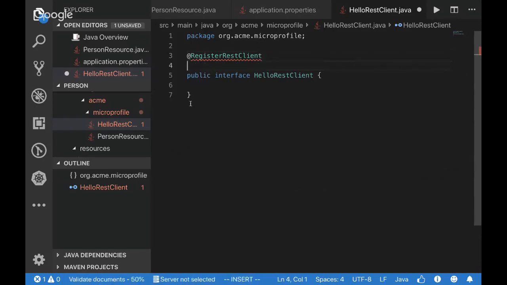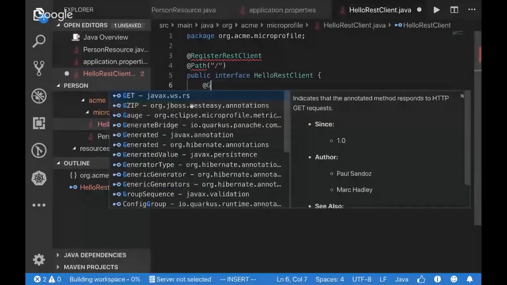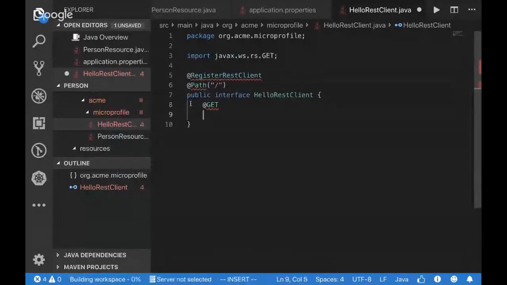Next, we're going to add a Path. Which endpoint is this going to access? Slash. And what is the remote service? What does the remote service's method signature look like, and the HTTP endpoint look like? So we're going to use GET, and we're going to use Produces